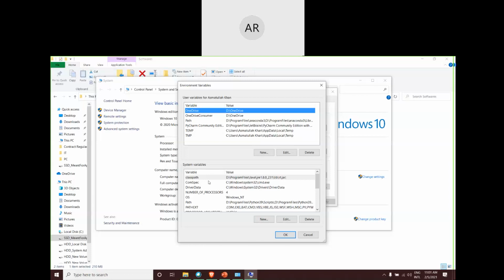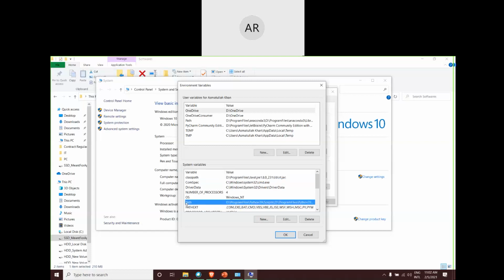In this section, you need to work with two variables. Here you can see there is Variable and here it is Value. One is Path. You can see the spelling over here, PATH. Another is CLASSPATH. Path is a variable that will be present by default inside your computer. But CLASSPATH will not be present if you have not installed Java. You have to create that particular variable.